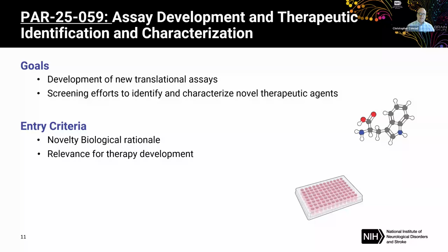Again, this is a translational RFA, as with all of these. And so we want to make sure that these assays are not just identifying routine things. We want to be able to identify new therapeutic agents as well. And with that being said, the entry criteria for this is really having a very strong novelty to your assay,